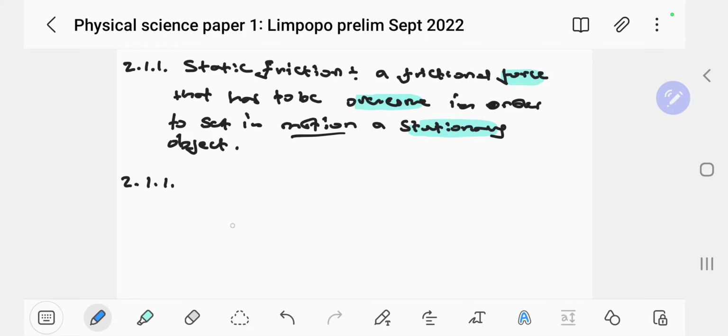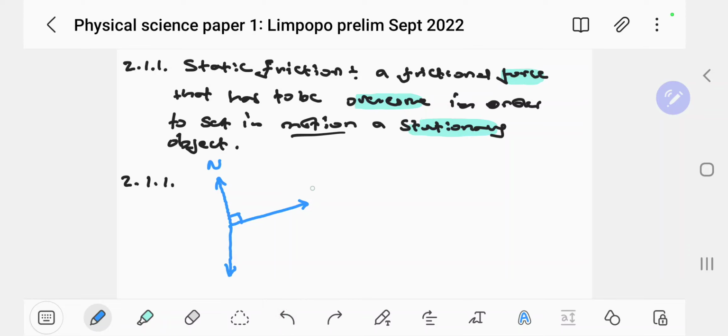If we think about it, we will have our force of friction, that is static friction, and then we always have this one acting perpendicular to the surface. Remember, the frictional force is parallel to the surface, so we will have our normal force, and we have our weight acting straight down. I'm just going to do that because it's just 3 marks, but you can resolve it to components. But always make sure you show that there is some 90-degree angle. I don't know if it is necessary, but I think so.